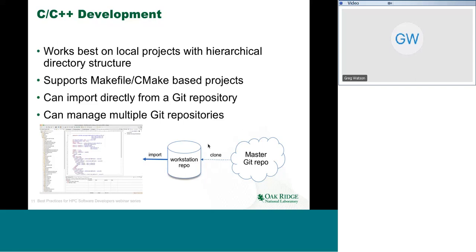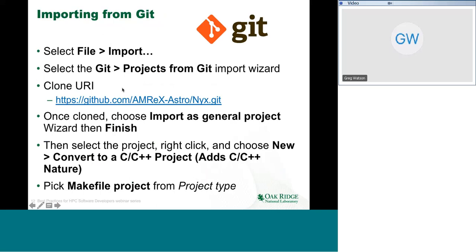So essentially, what we're going to do is we're going to clone the Git repo onto our workstation, and that will be our workstation repository, and then we're going to import that into Eclipse. So that's the typical scenario for working locally. So the way we do this is we go to this import menu, and we use an import wizard to do that,